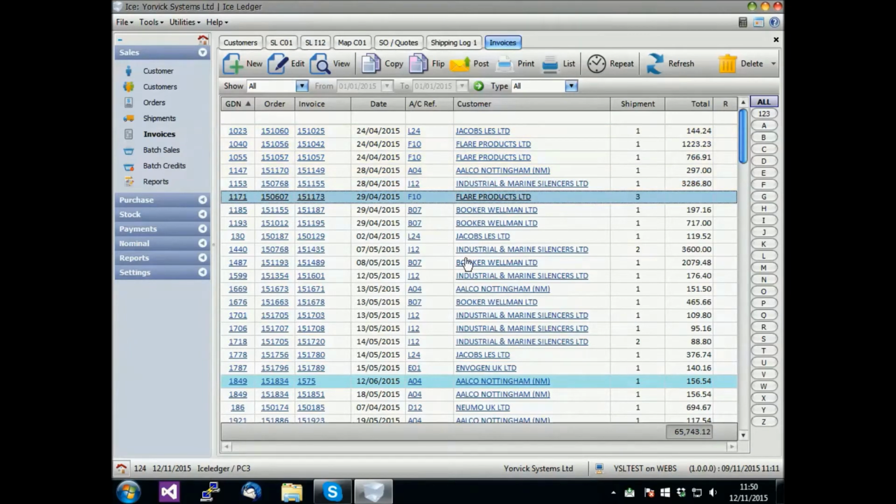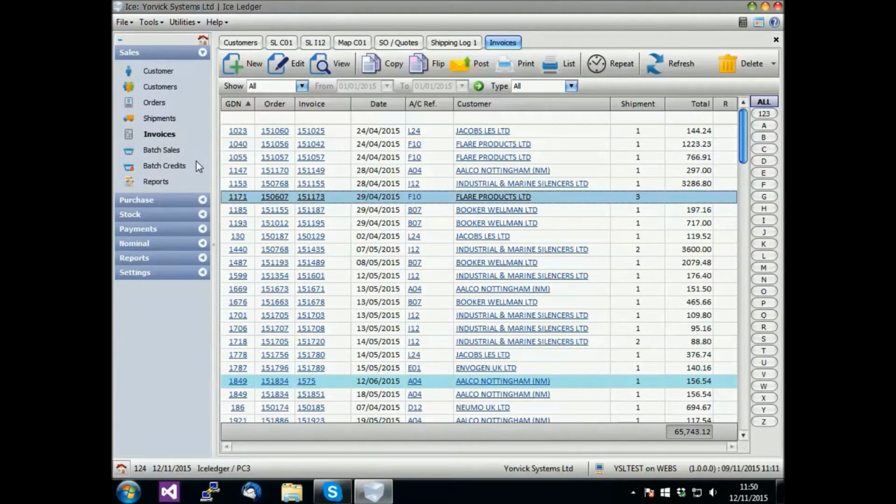If you supply the same goods or services to a customer on a regular basis, then you can schedule invoices to repeat at specific periods of days, weeks, months, or years. New invoices can also be created from existing invoices, or you can create credit notes from invoices and vice versa. Newly created invoices and credit notes can be amended to suit. Cash or counter sales and credits may also be recorded as batch sales and credits.